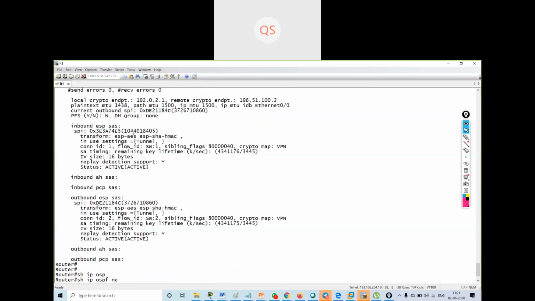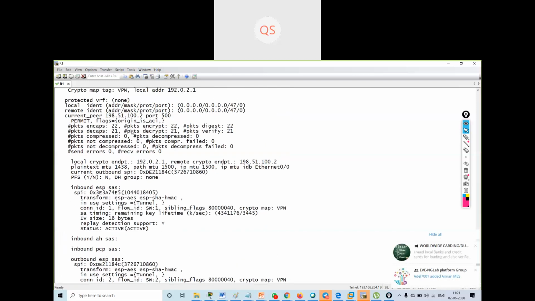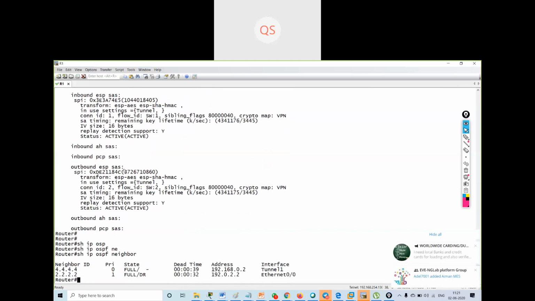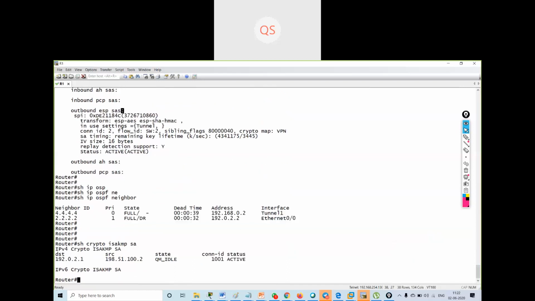So we have established a GRE tunnel, a GRE over IPsec tunnel, you can say.